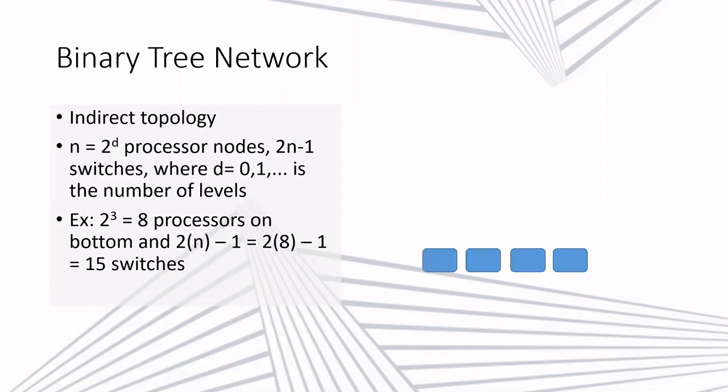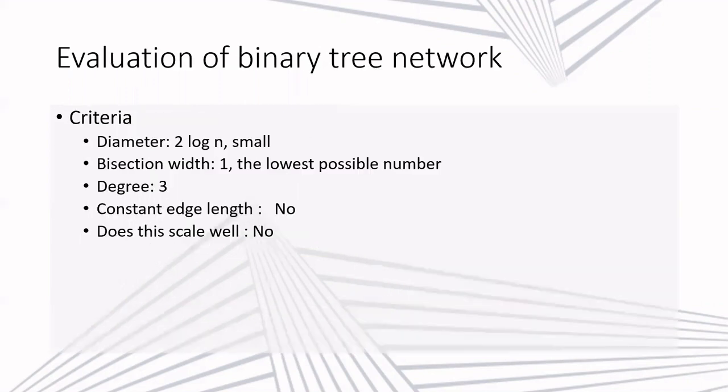So here are the 4 processors, the switch nodes, the higher level. And here the construction of a 4-processor binary tree topology is elucidated. So this has a very low diameter of 2 log n. If n is equal to 4, 2 log n is equal to 2 log 4, which is equal to 2 into 2, 4. The maximum distance from one switch node to another.